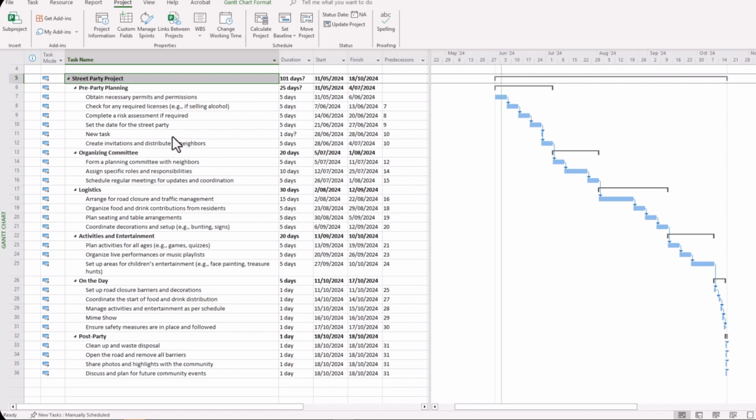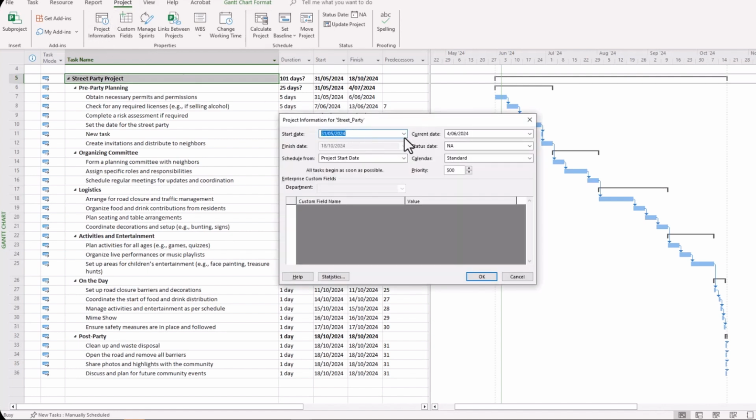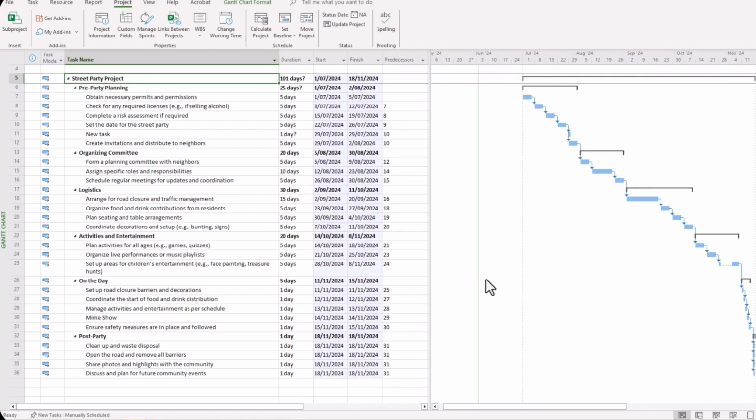Well, in this particular case here, you can make that adjustment like before, project information, nominate a new project start date, so we might look at the 1st of July, click OK, and then automatically all of your tasks are now in line, and assume a new project date of 1st of July.